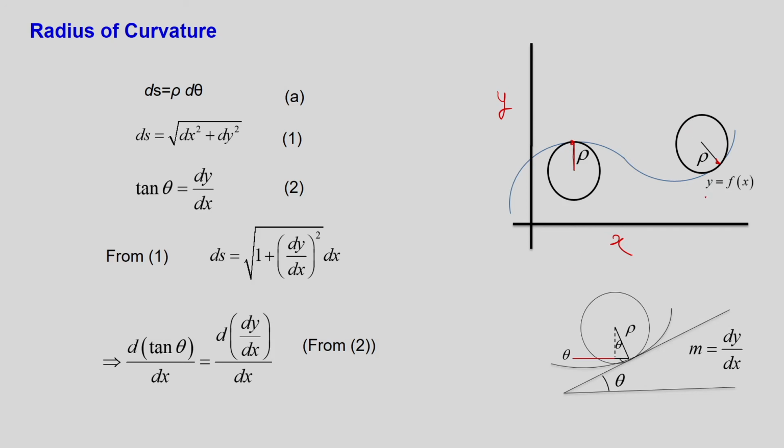If you have a curve which is given by y is equal to f(x), you can write down the arc length or the area swept by an angle d theta. Let us say this is the angle d theta, it has swept this d theta. So, the total area it has swept, let us say it is ds, here also it is ds. So, total area it has swept into the radius, we will give the approximate area.